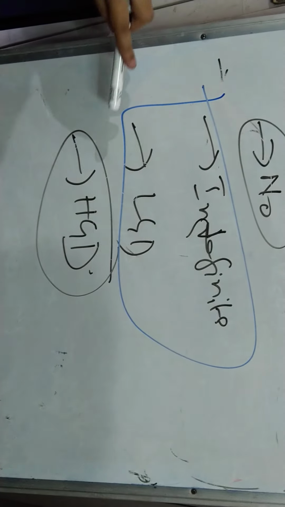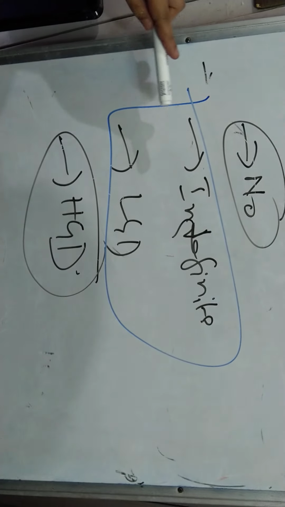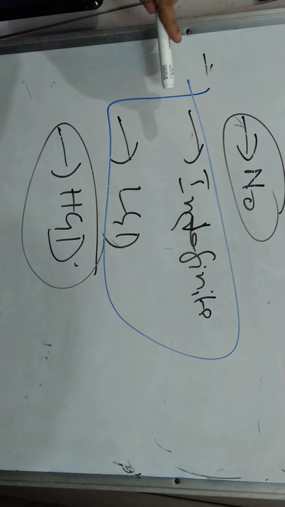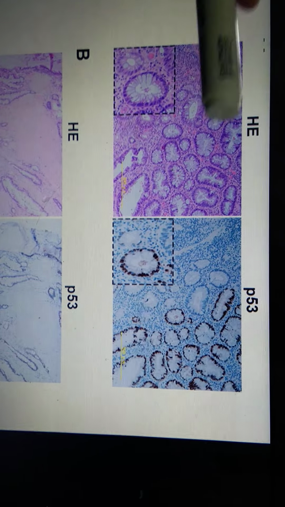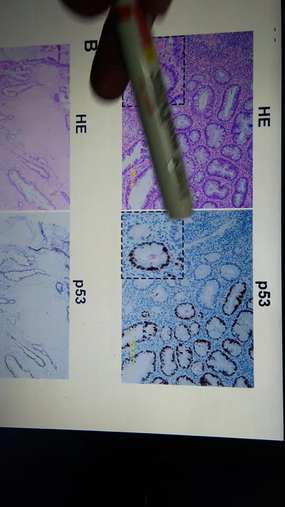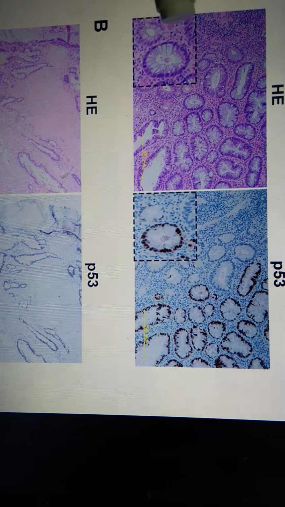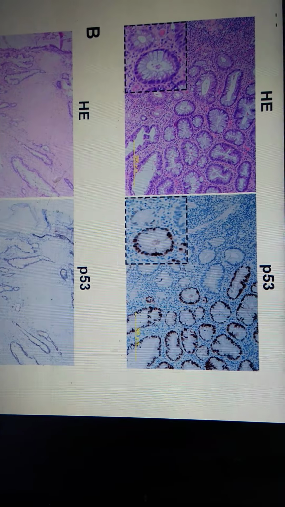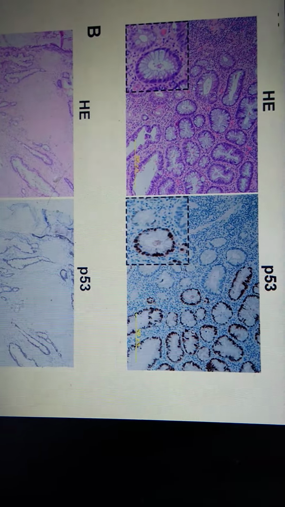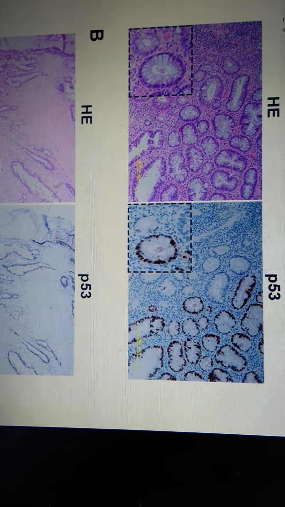Some authors have tried to use adjunctive IHC markers just to increase the sensitivity of predicting colorectal carcinoma progression. One of them is P53. They say that P53 is very crucial for the final step of colorectal carcinogenesis. So if there is an increased expression of P53 in the dysplastic glands, the likelihood of that patient progressing to a colorectal adenocarcinoma is more. So these patients will be followed up at much shorter intervals as opposed to those who have a low expression. But these are not foolproof.